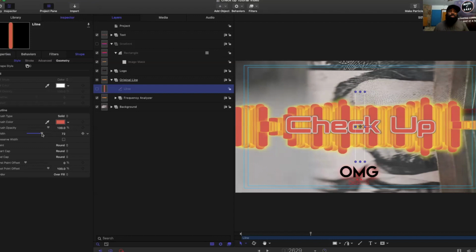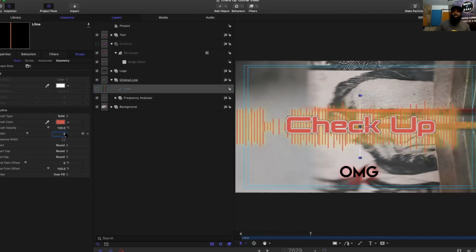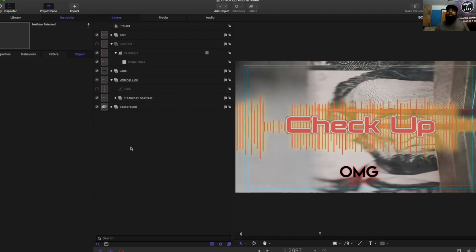And that may be what you want, maybe not. So my width was 20 at first. I'm going to change my width to 15. Okay, so I like that a little bit more. My width is good. Now if we wanted to, right now it seems like the different frequency